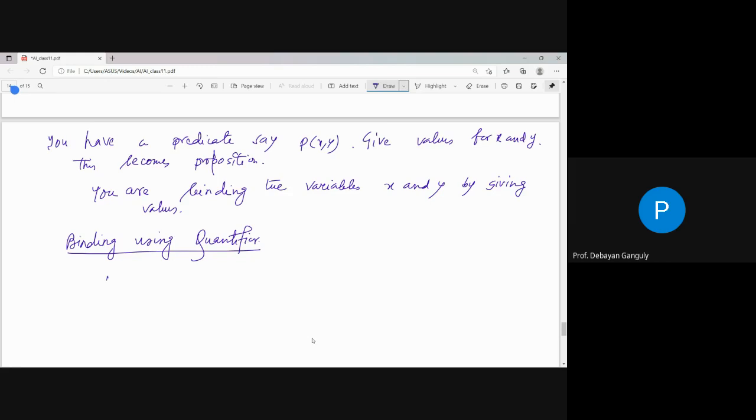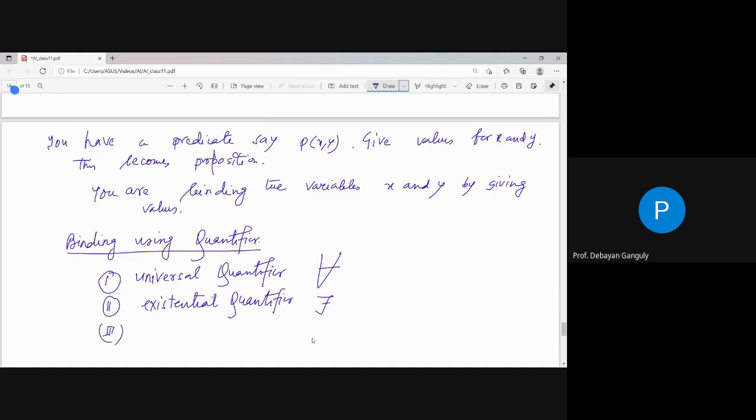কোয়ান্টিফায়ার। সেটা আমরা পরের দিন দেখব। আমাদের কোয়ান্টিফায়ার আছে ইউনিভার্সাল কোয়ান্টিফায়ার, আমরা বলছি ফর অল। আর কি আছে? এখানে আছে existential quantifier, there exist, and there is also একটা ইউনিক কোয়ান্টিফায়ার আছে, সেটা আমরা পরের দিন দেখব। সেটাকে আমরা বলি there exist not x, এরকম টাইপের।